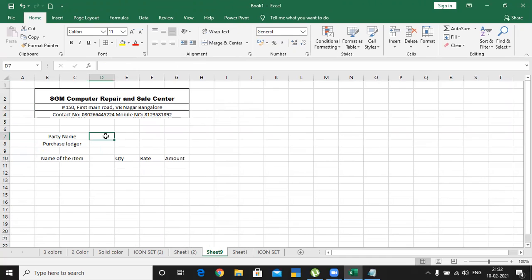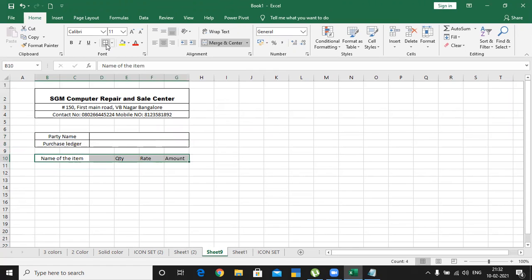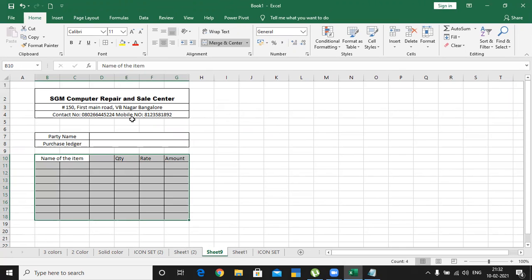So party name, select the party name area to be applicable, and purchase ledger, and again apply this area, enter whatever quantity name you want to have, apply it. So here merge it one by one.